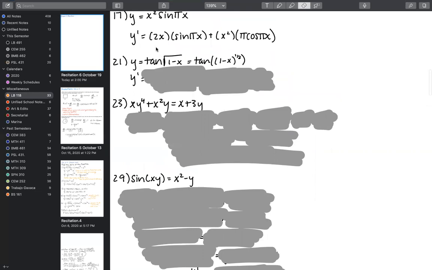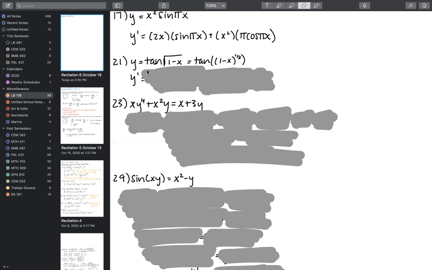And sometimes the square will be applied to the entire thing from the outside, maybe it'll be tangent in parentheses and then it's squared. I wanted you to be aware that those two mean the same thing. This is different because the square root is being applied only to what's inside the tangent, what's inside the parentheses. And that's why I did these double parentheses. If you can conceptualize that in your brain without writing it out like that, then that's fine too. You aren't expected to write an intermediate step like this, but I did.